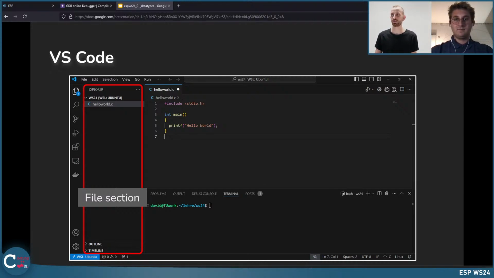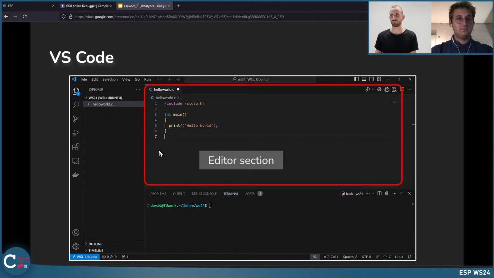If you open it, and by the way, it's also installed in the virtual machine, you have on the left side a file section where all the files of your current folder are listed. You have the editor section with the Hello World statement, where you can really write your source code.